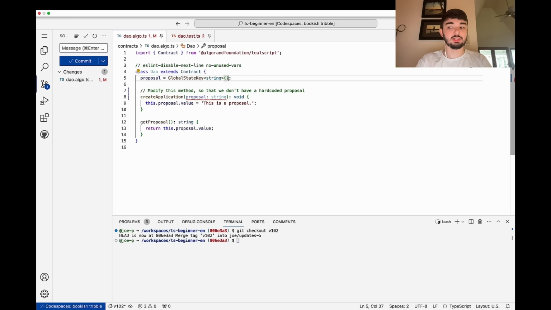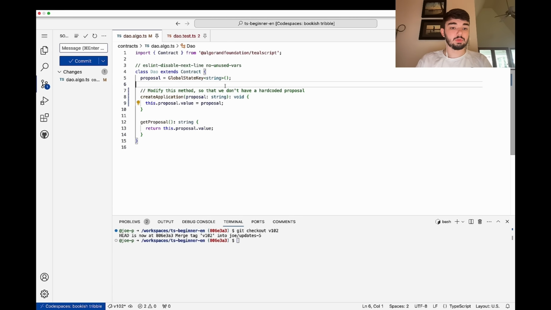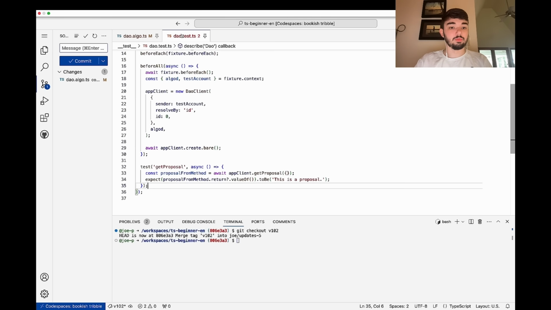This is going to be a string type. And I'm going to say that this proposal.value is now going to be equal to proposal. Okay, so if I now come over to my tests and I do an npm run build,